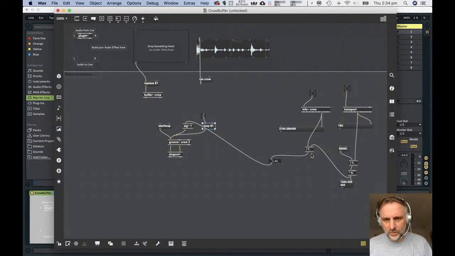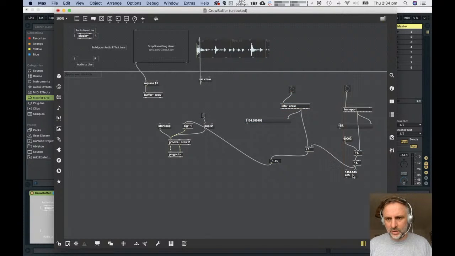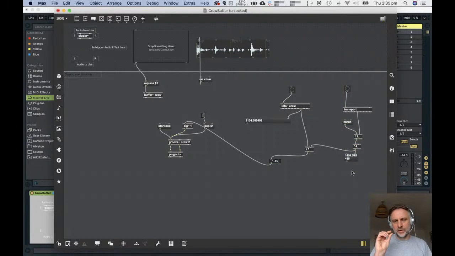This bit over here, which needs a little bit of work, this bit over here, takes the length of the buffer and spits it out as a number in milliseconds. And then I've done some maths over here. The maths is all about how I can get the information about how long a bar lasts at my current tempo,